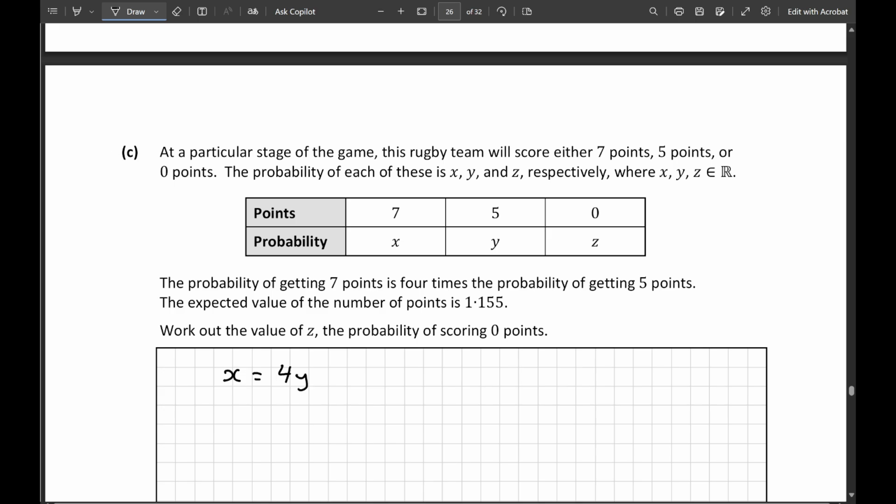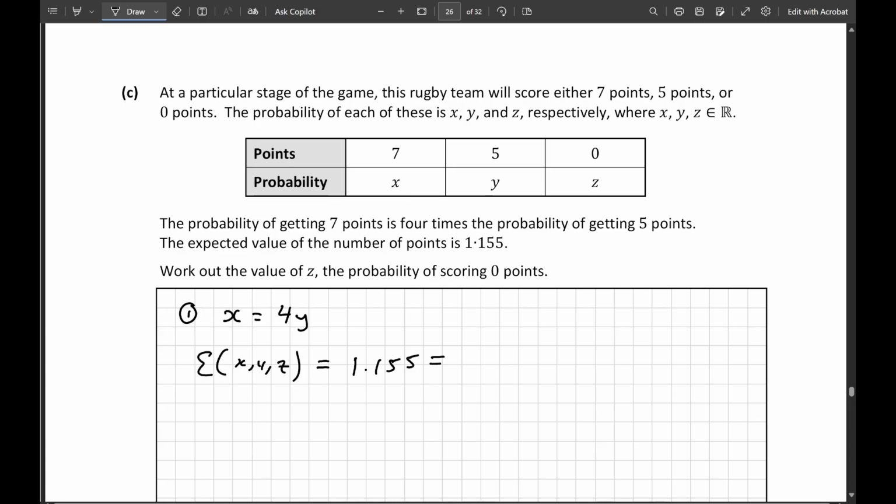So X is 4Y. It'll probably turn into simultaneous equations at some point, so that'll be equation number 1. The expected number of points is 1.155. So E of our variable is 1.155, which equals